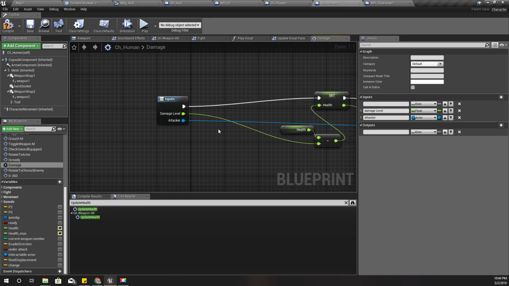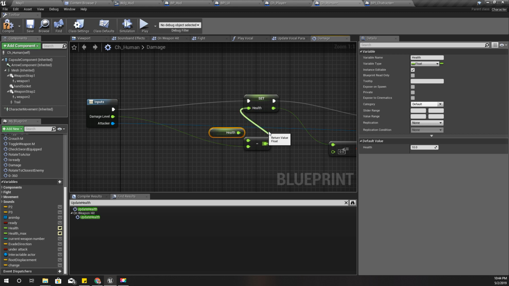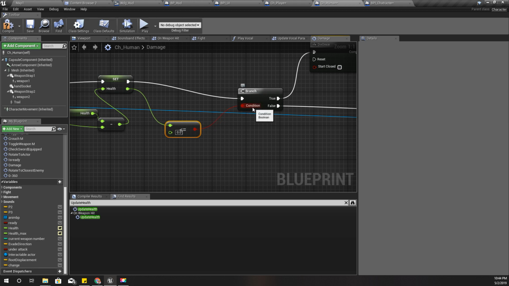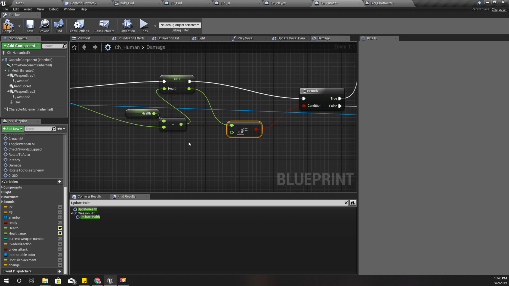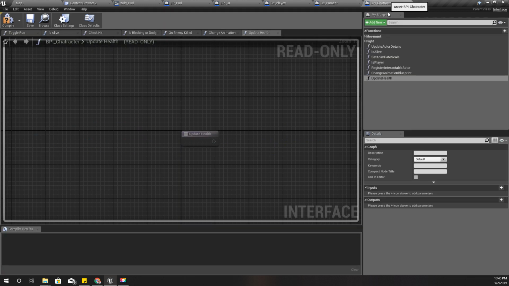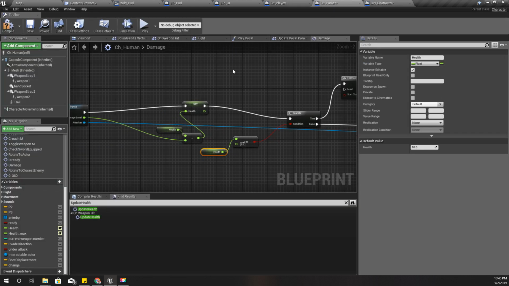And here as the input I need the damage level, and yeah, that's all. And as for the output, I need this one. This is more like is dead. Now let's put this part, keep this part outside like this, and yeah, that's all here. Now in the